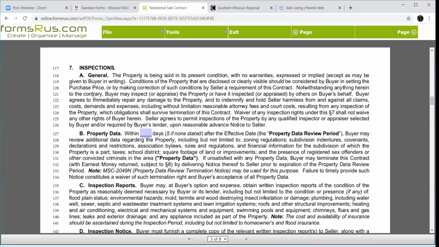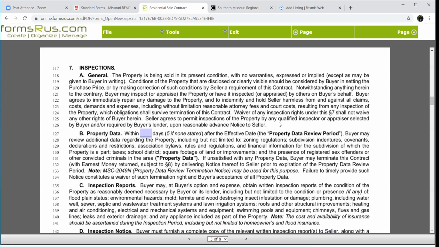Now, I don't expect you to go open every door, turn on every faucet, all of that stuff. But if you can see it readily with your own eyes and your buyer's going to want it fixed, it needs to be in the four corners of this contract. Okay? Because we can't rely on the inspector putting those things in his report, because we cannot ask for anything on the inspection notice that's not in an inspection report. Okay? So if they didn't put those windows in their inspection report for whatever reason, we can't go back and ask for them later. So we want to make sure we ask for those things up front.